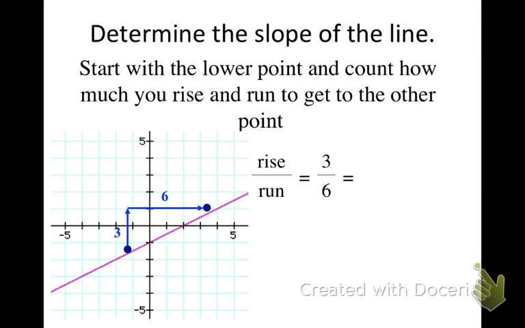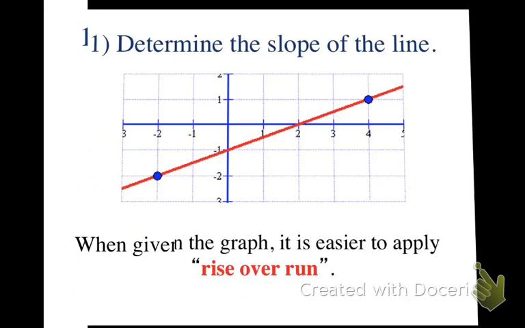And it looks like our change is 6. So our rise over run is 3 over 6. Now, that might seem a little bit difficult right now, but if we reduce 3 over 6, it's 1 over 2, or 1/2. Now, I'm going to back up a little bit to the previous page,